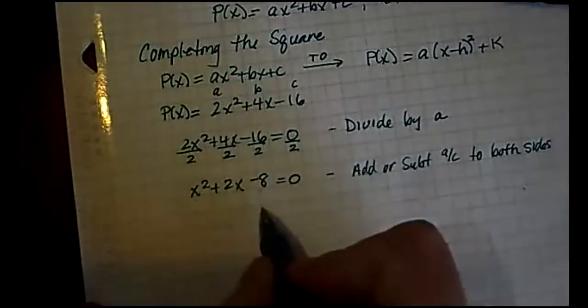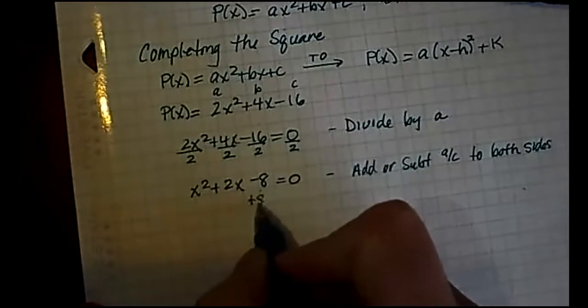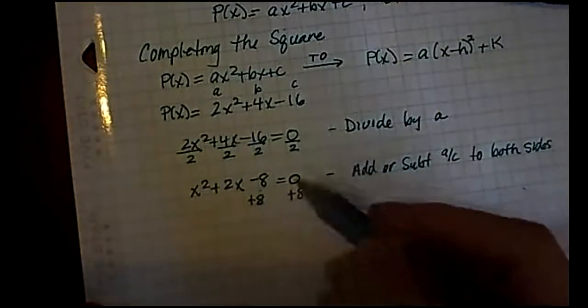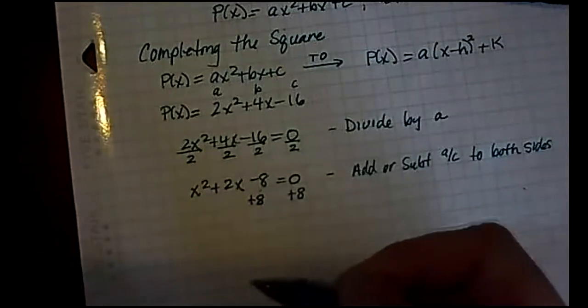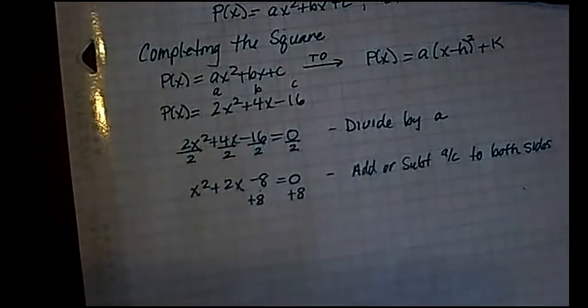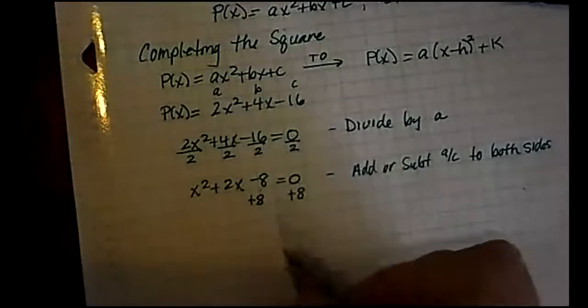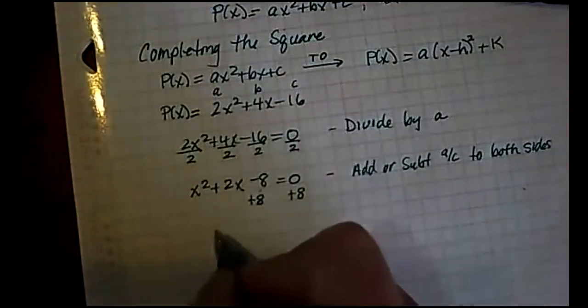So in order to make that 0, we have to add 8, but remember to keep our equation, this equal sign means we keep both sides balanced. If I add a value to one side, I have to add a value to the other side. I can't just add something or subtract something from one side and not the other. That's what an equal sign means. We have to keep it balanced. So here,